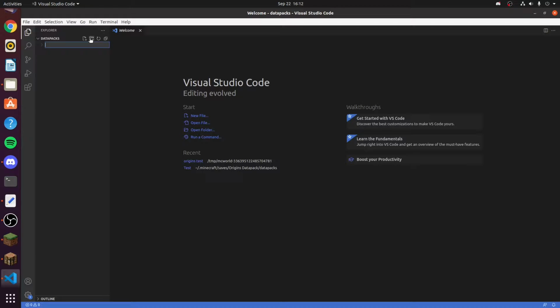Then you want to create a new folder. You can call this whatever you want. I'm going to call it data pack name, but you could put your own data pack name here. And then I'm going to create a new folder inside it called data, and I'm also going to create a file,